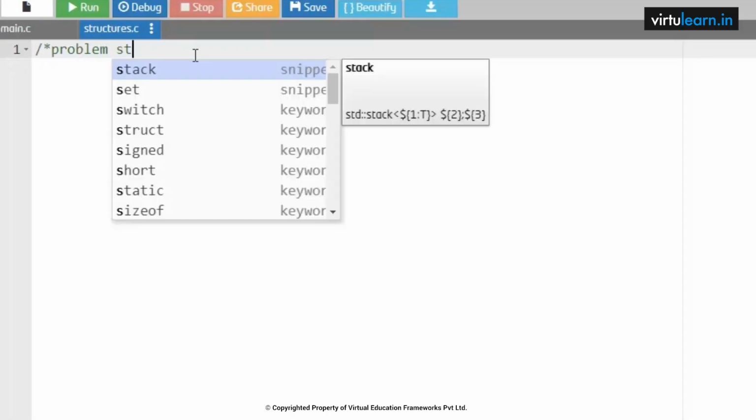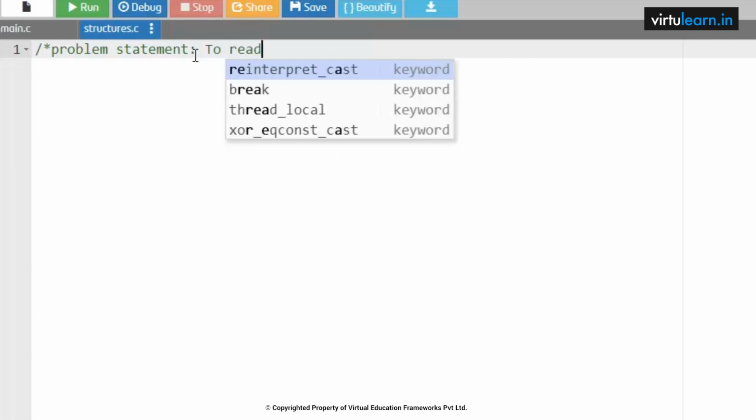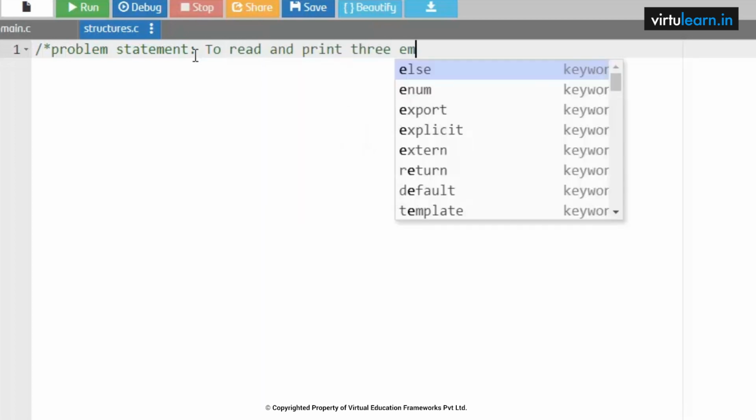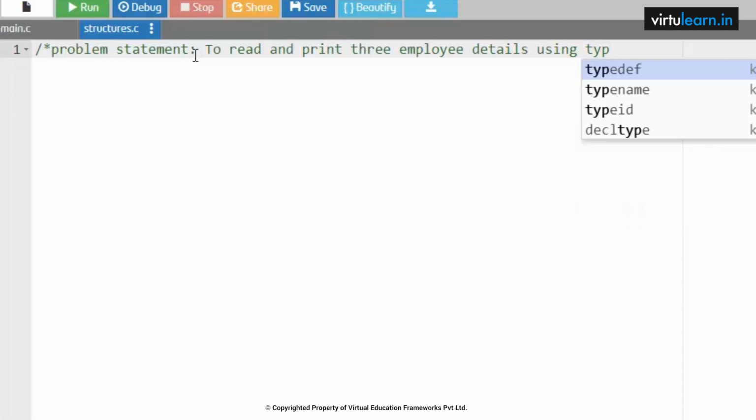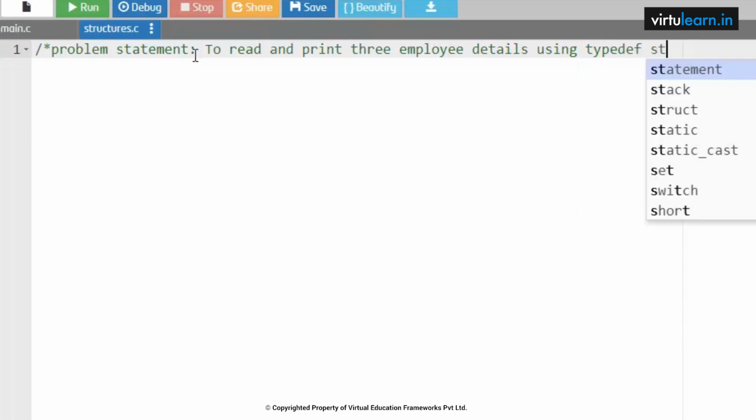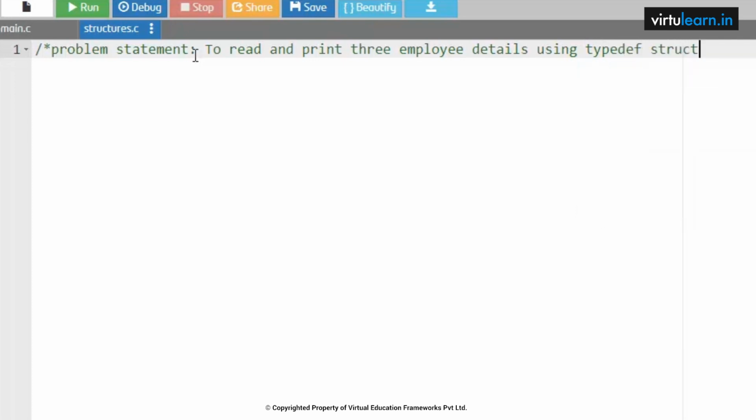Next problem statement is to read and print three employee details using Typedef structure. So this is another type of a structure. Okay. So the syntax of this particular Typedef structure is